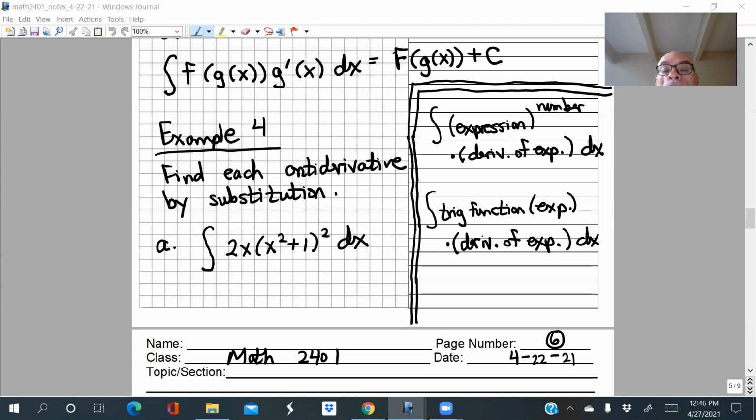Because we often use the chain rule and other rules as well, but we often use the chain rule to help us find derivatives. And so that means if we're trying to find antiderivatives, we're going to be running into situations where we're looking at formulas where the derivative was found by the chain rule. And so when we find the antiderivative, we are thinking of running the chain rule in reverse. So what do those situations look like? And how do we work the chain rule backwards, right? How do we find the antiderivatives of derivatives that were computed using the chain rule?